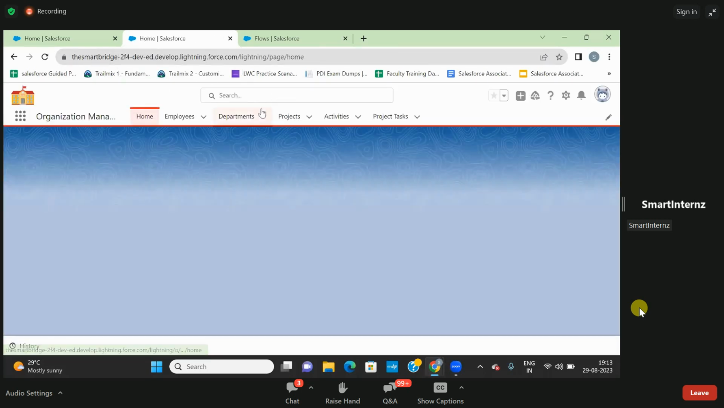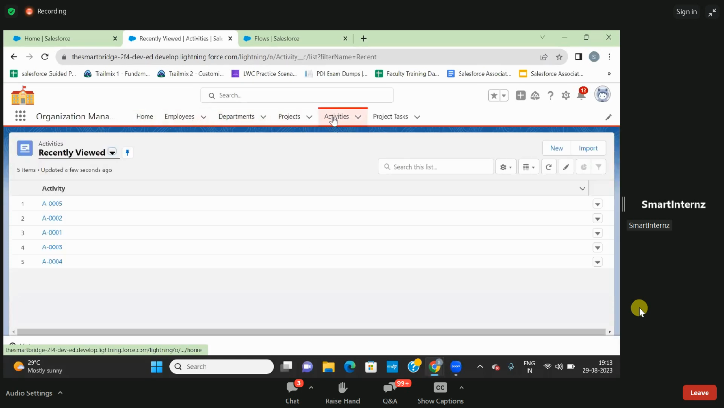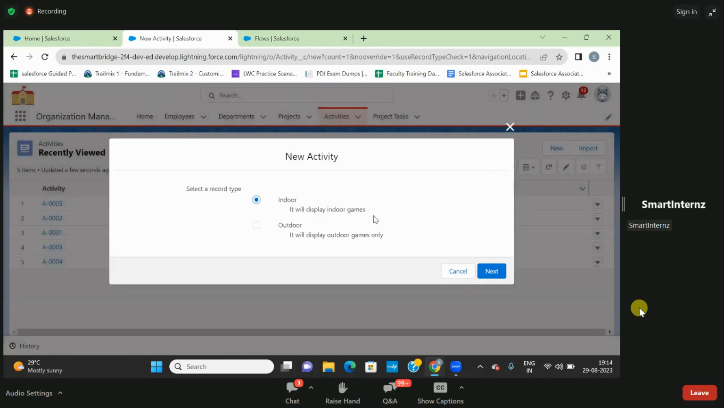So let us create the flow for that custom object, activities and employees. Okay, so we need to select the activities. So in the activities, which fields are mandatory? Let's see. So suppose I'm selecting this indoor and outdoor. So for now, just make it